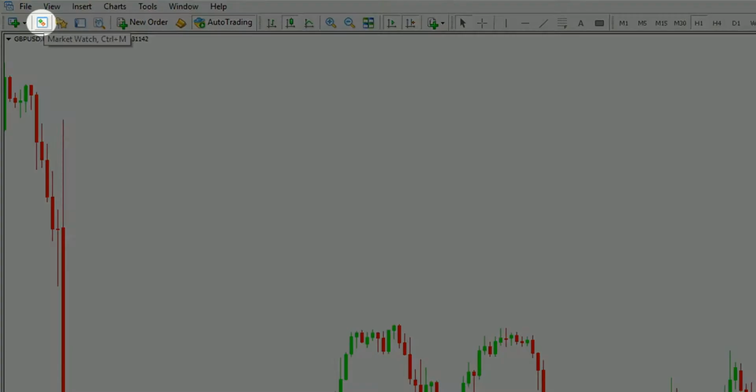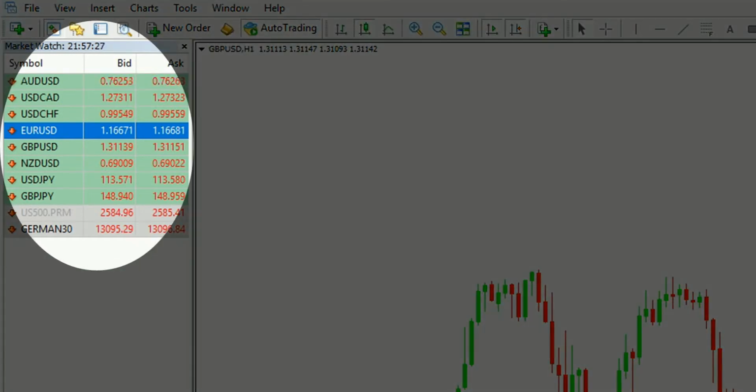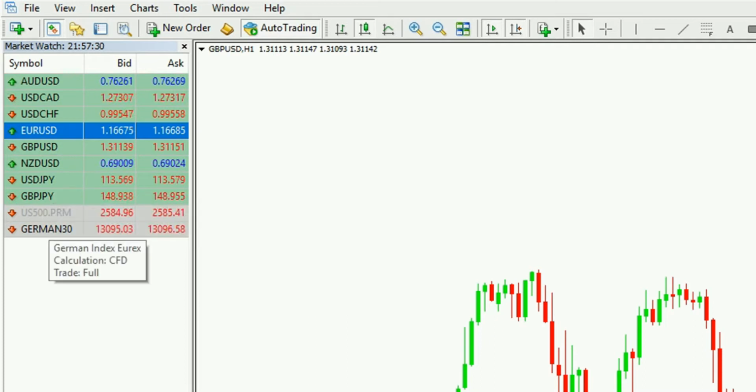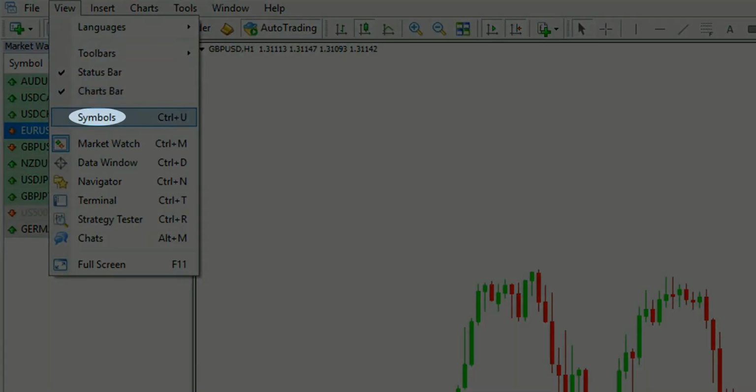The second button here will open the Market Watch window. This is where all the currency pairs and all the other symbols will be listed for you to use when you are doing your analysis as a trader. In order to add an additional symbol or remove a symbol, simply click the View menu, select Symbols, and